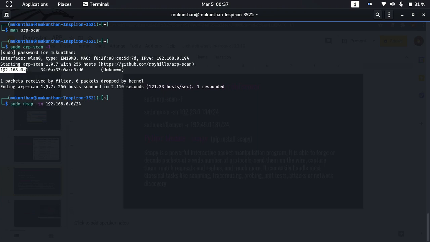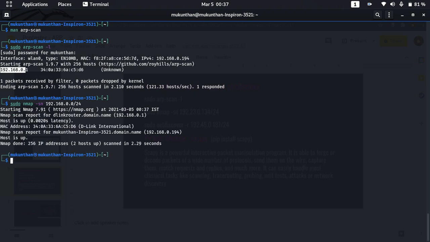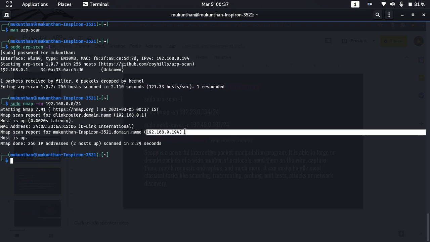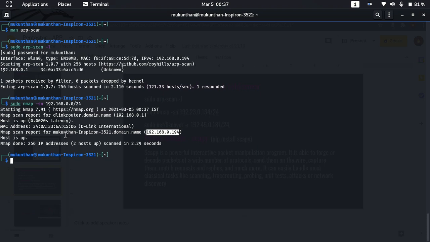Here nmap will be used along with the CIDR notation /24. Here you can see the same kind of output, but some extra information will be there, such as the device name or domain, its MAC address, and other things. For example, even my own system will come into the report, which is the Dell Inspiron, and it will be up. Okay, fine. And netdiscover, sometimes it takes time, but we can use netdiscover as well.